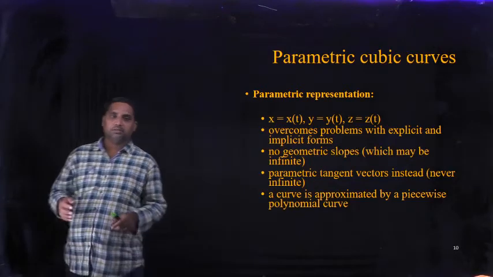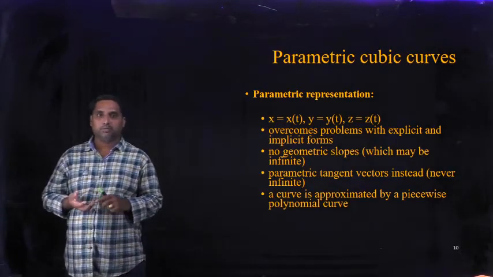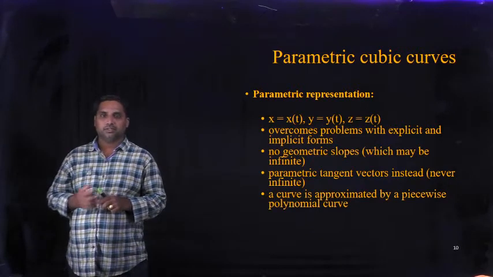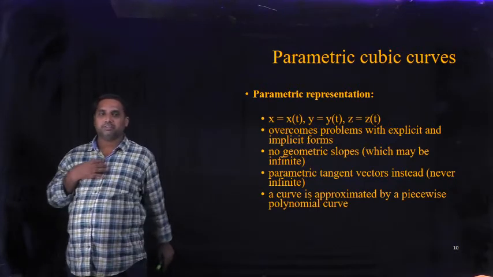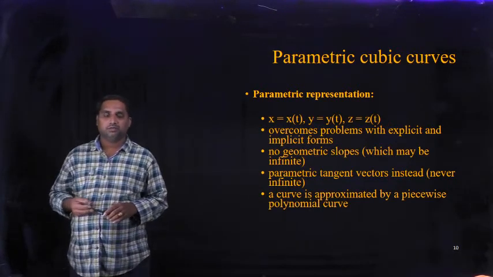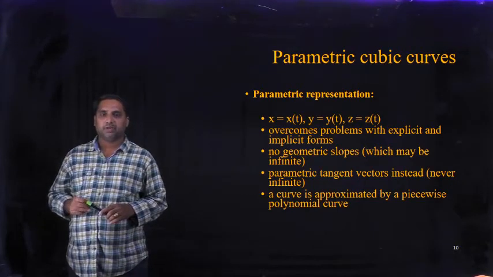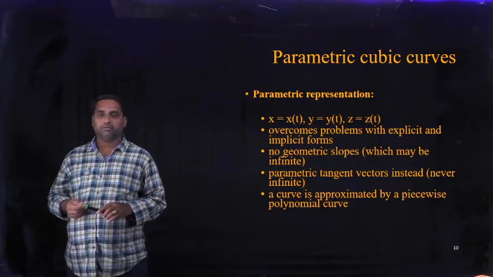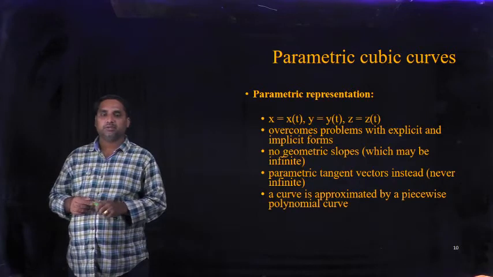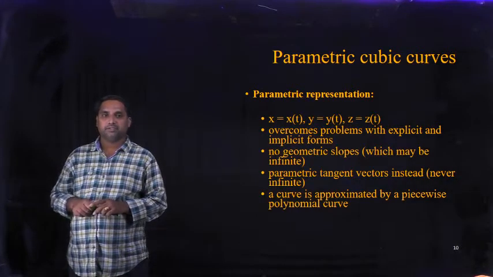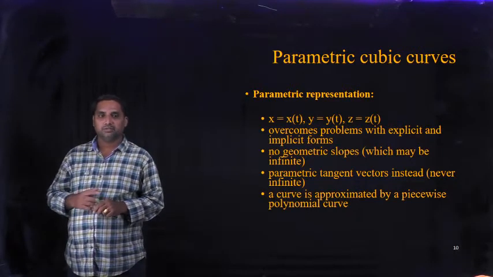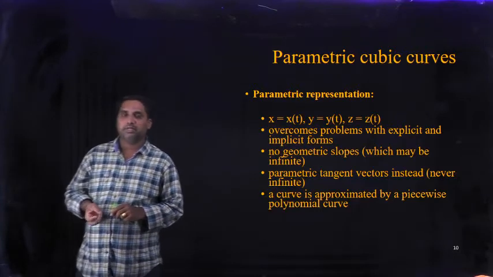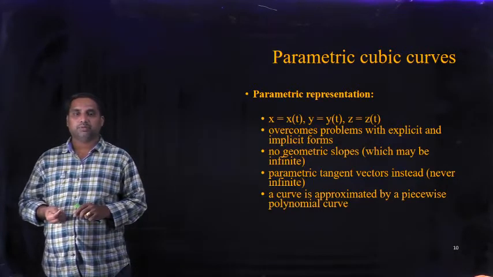In the previous class, I explained generally about the analytical curves and parametric curves by using different equations. Analytical equations are explicit and implicit, and parametric representations are single parametric equations. So I have explained in different ways. You can take t or u or theta as the parameter. At the same time, you can take any coordinate like x as the parameter, and the other two, y and z, are expressed in terms of x. So these are the different parametric techniques and also analytical techniques for representing the curves.